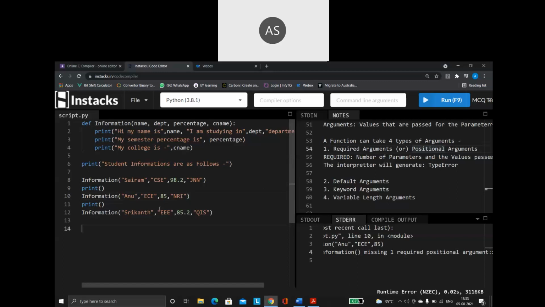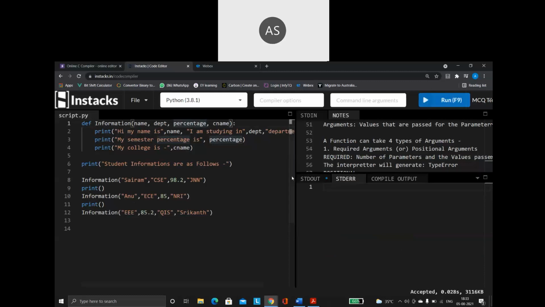Okay, guys. So now we'll see why it is called a positional argument. Now, see here what I'm going to do is, when I pass a value, taking this, I am passing it like this. So, see here what is going to happen. Positional in the sense that everything has to be in the same order. So, the first value to the first variable, the second value to the second variable, the third value to the third variable, and the fourth value to the fourth variable. But here, when I am printing it, see how it is going to print now.